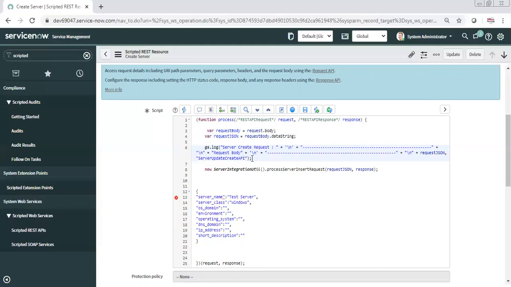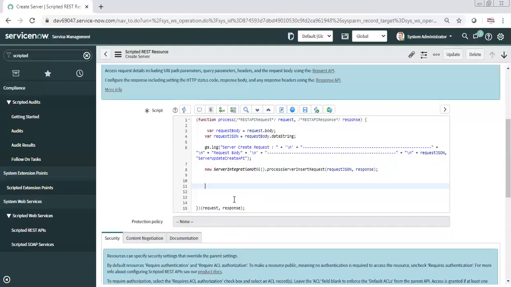Then here, it's optional if you want to do it. I am just putting a log, which is basically telling what was sent by them. So later on, if they say, no, I didn't send this, I sent this, whatever they have sent, I'm just putting it in my logs before even processing that data. So that is proof for me of what they have sent. If some issue comes or they say, no, I sent this or that, for troubleshooting purposes we can refer and say, no, this is what you have sent, because this log runs in my code even before starting to process the data sent by you.